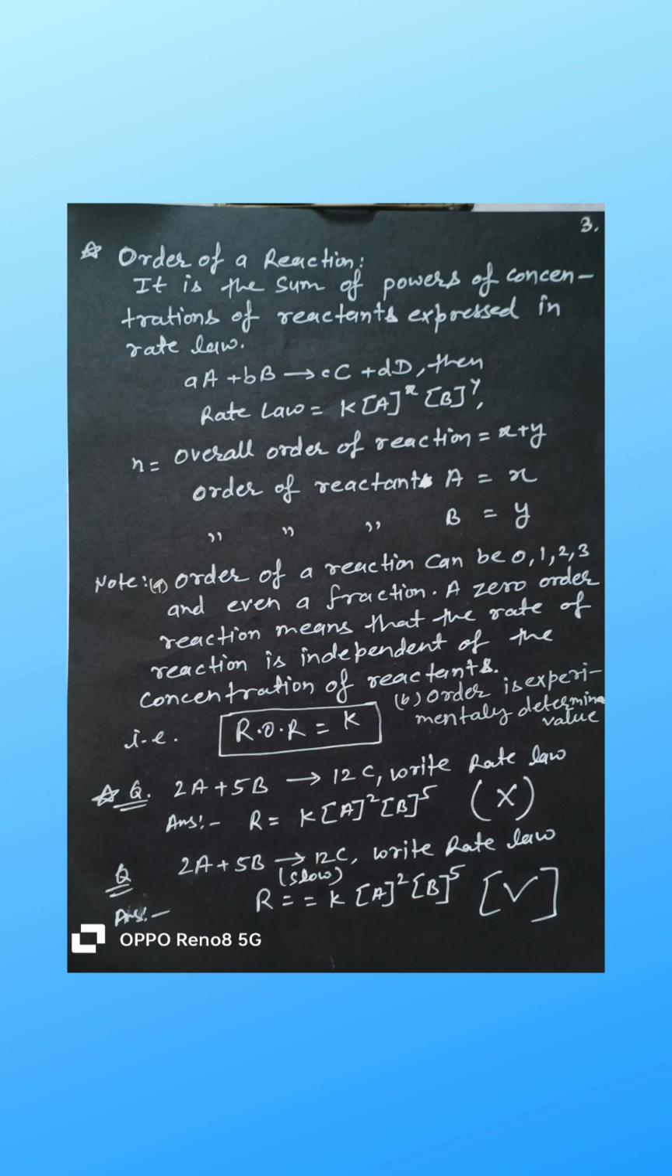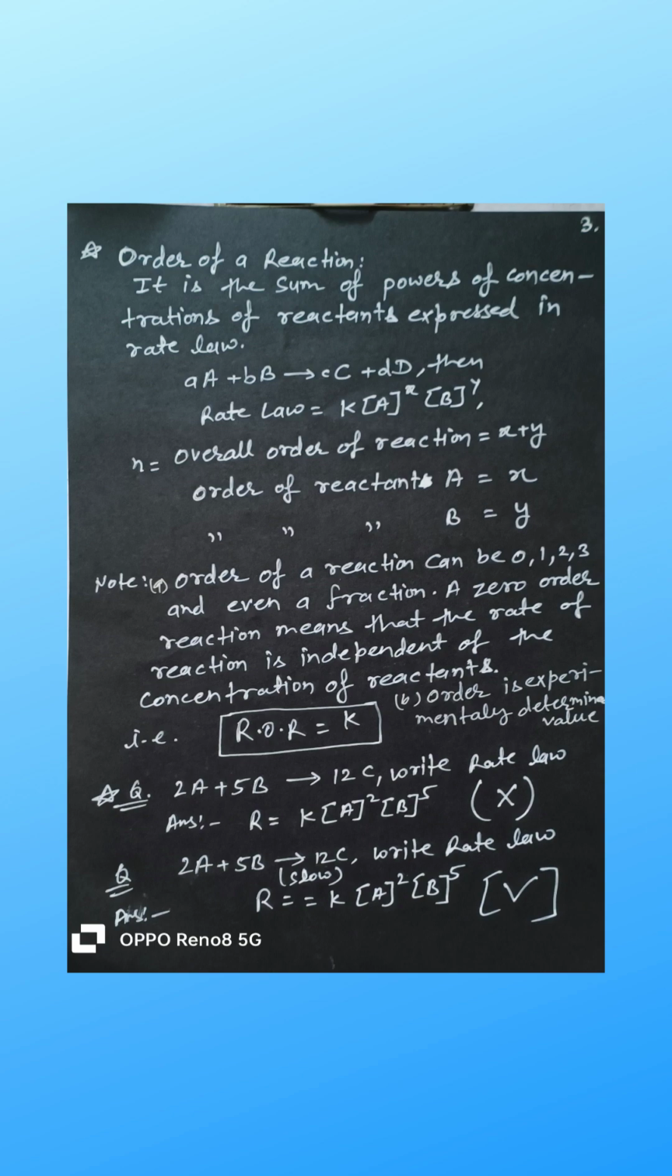Now let us understand the biggest mistake students make. A question is given like this in words, 2A and 5B react to form products. Write the rate law. Students immediately write that the power of A is 2 and the power of B is 5. This is wrong. Why is it wrong? Because the question has not mentioned that this reaction is a slow step or an elementary reaction. Unless the question clearly mentions slow step or elementary reaction, you cannot use the numbers of the reaction as powers